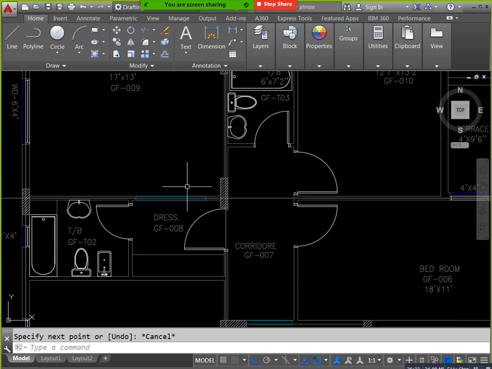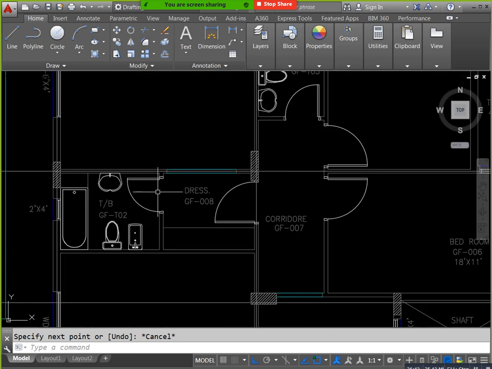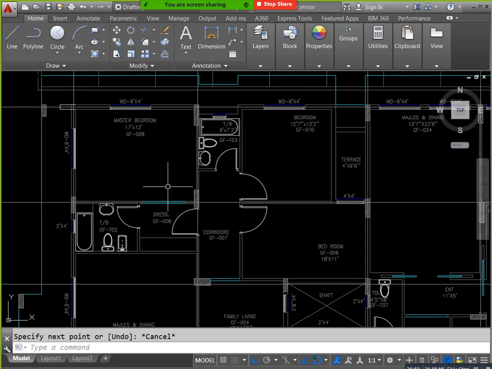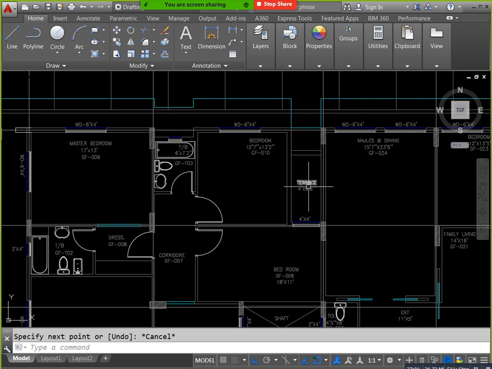Next, this is the corridor. If you need it, you can place it here. If you don't need it, the bedroom can be placed as conditioned space. Here we don't need it, and the terrace we also don't need. In that condition, this one is also a partition. Okay, and for the bedroom, the corridor we don't need, and family living we need. You can consider all this. And you have the kitchen. Kitchen conditioning, if you need it, if you don't, that is your requirement.